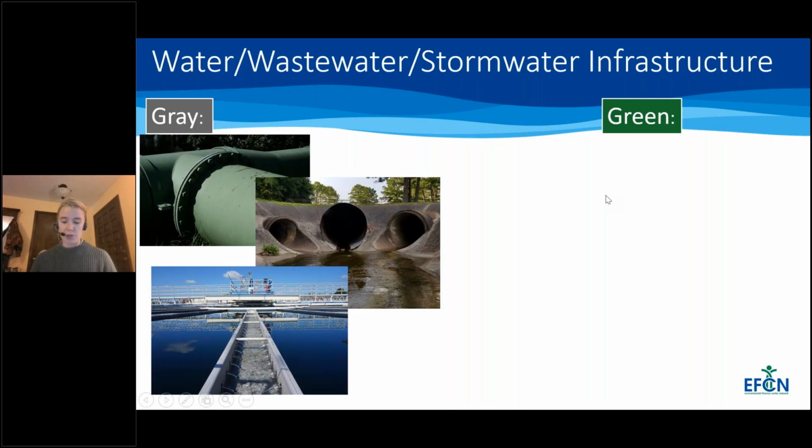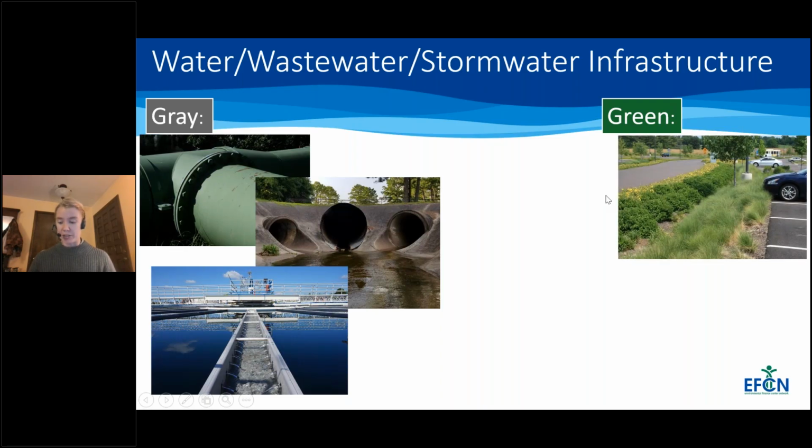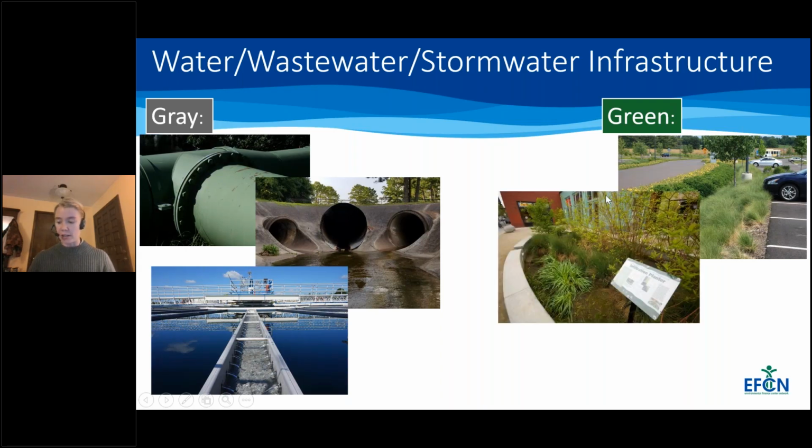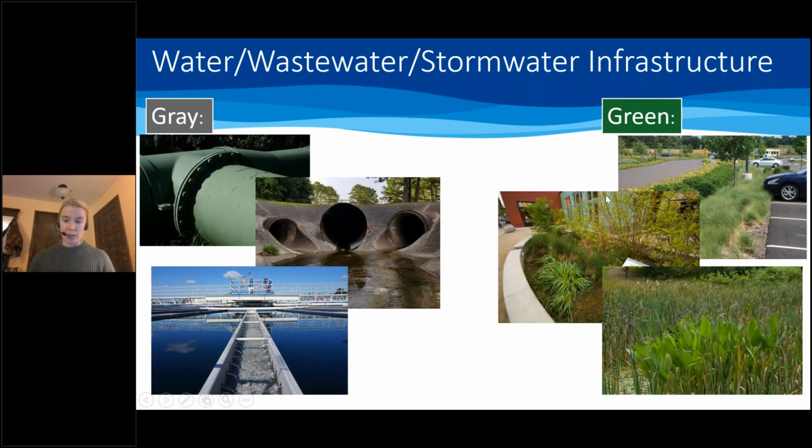There's no universal or official definition of green infrastructure. For the purpose of the series, I'll break it down this way. With green infrastructure, we're talking about water, wastewater, and stormwater infrastructure that integrates natural systems like plant growth, the water cycle, and soil filtration as part of the function of the infrastructure. So we're talking about beyond just bacterial and biochemical processes usually used in wastewater treatment plants. This could look like a vegetated swale, a rain garden, or a wetland, which could either be constructed or